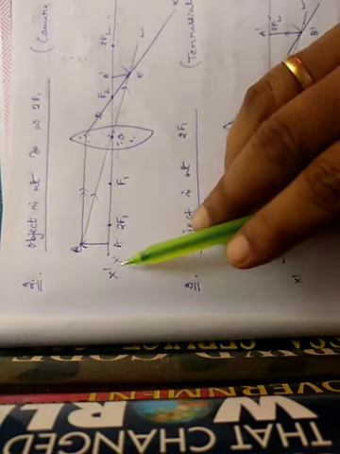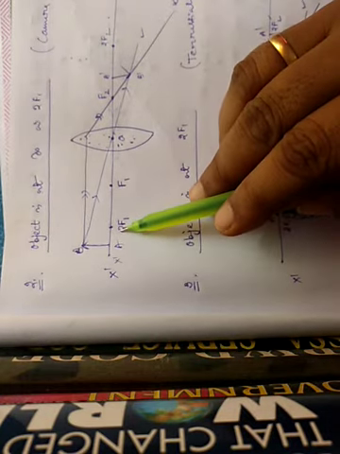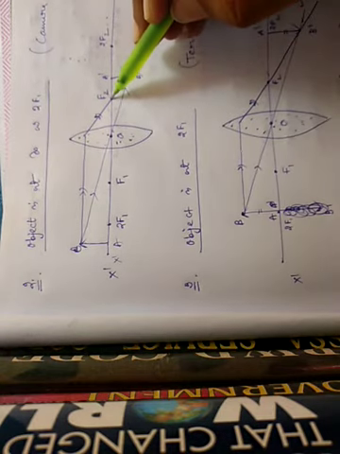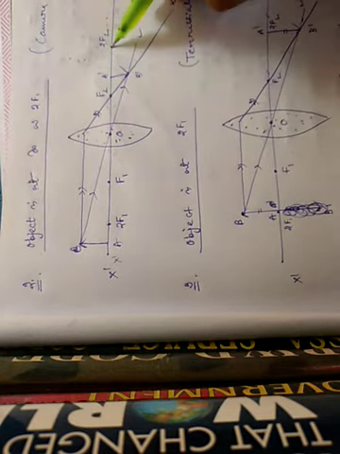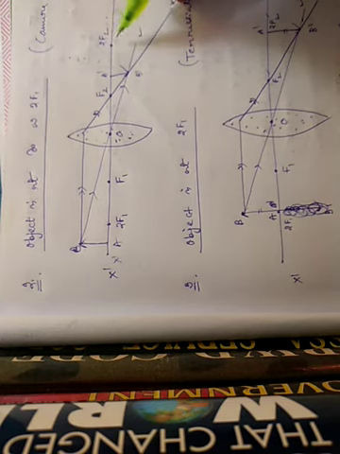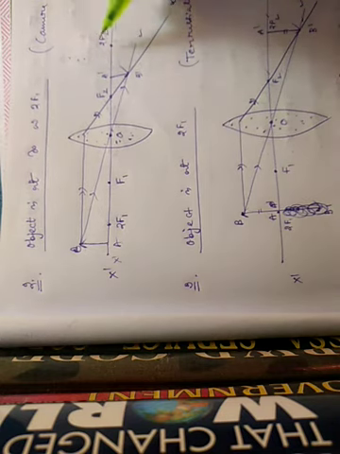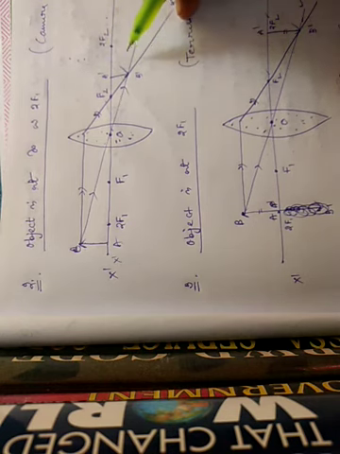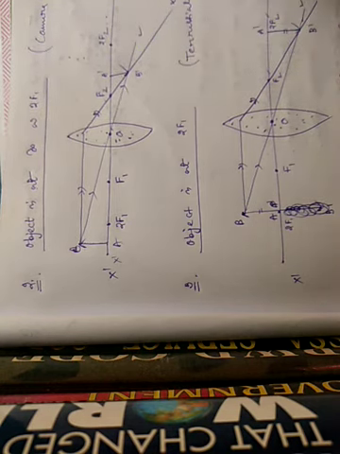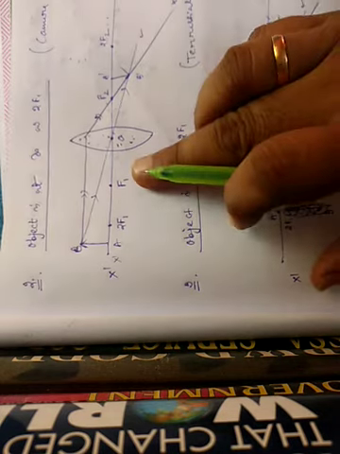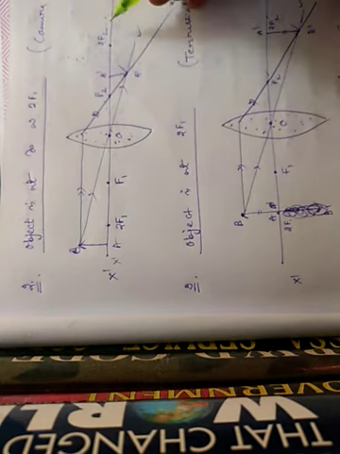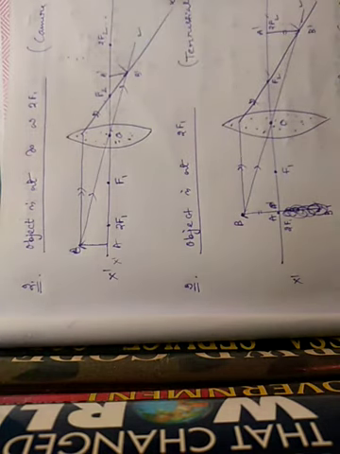Now remember, object is at infinity and 2f1. Image should be between 2f2 and f2. So as we get one point F2, now we can put the other point 2F2. Keep in mind, this point should be put in later. If you put it initially, it will create a problem for you to draw the ray diagram. First focus we should put initially, but F2 and 2F2 should always be put in later in the process.